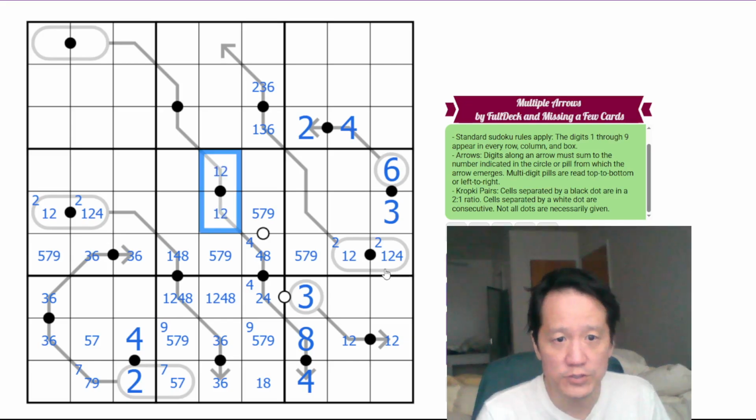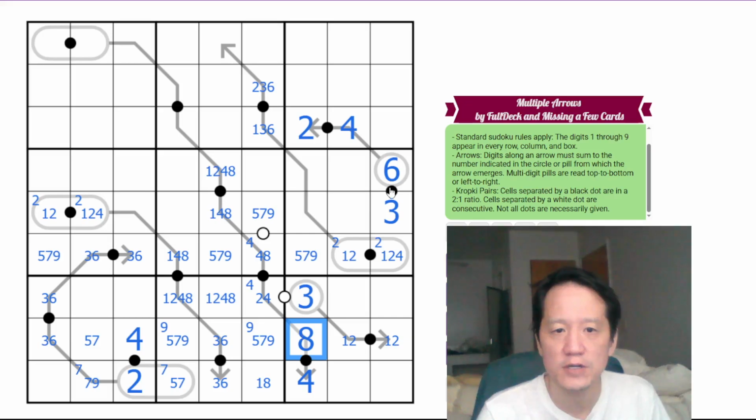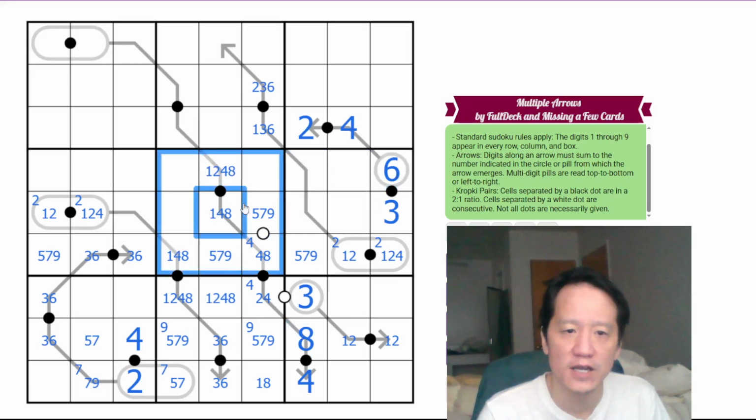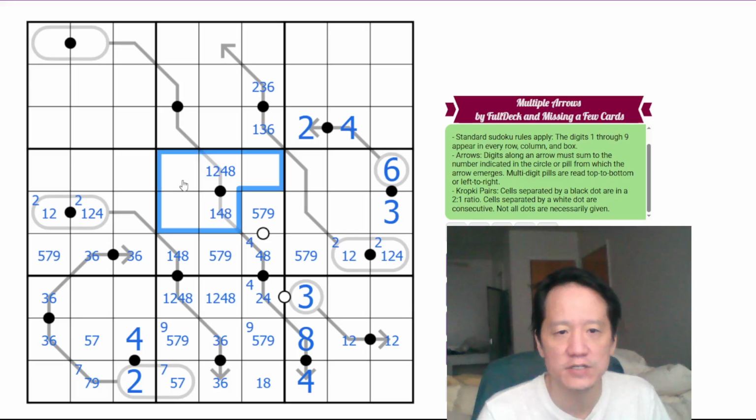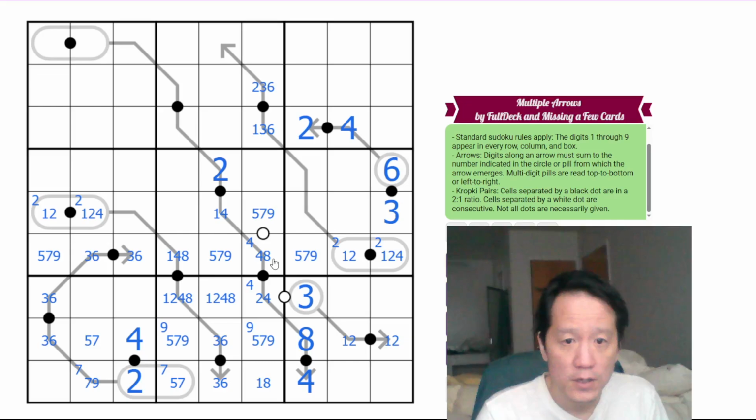So it must be 1, 2, 4, 8, but this can't be 2 because of the 2 in one of these cells. Where is this? We actually have a 1, 4, 8 triplet in the center box, which eliminates 1, 4, 8 in the rest of the box. So this can't be 1, 4, 8. This must be a 2, which means it's in a 1 to 2 ratio with 1 or 4. We already knew that the 8 actually had to be here, so that's actually